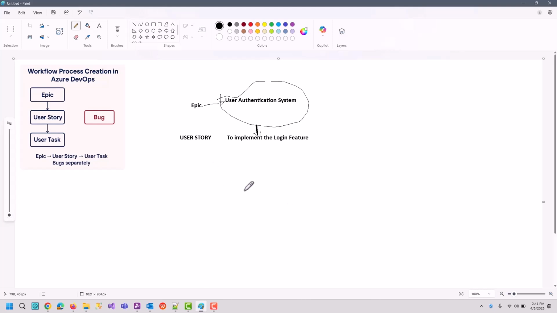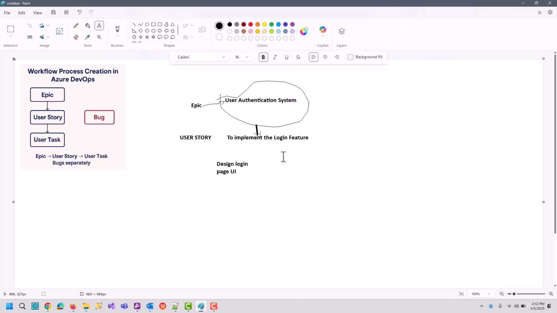And then we can further divide this user story into multiple actionable tasks. Okay, so for example, design login page UI, develop backend login API, integrate front-end and backend, test login functionality. So this will be the child of that user story. Let's write it down. For example, design login page UI.